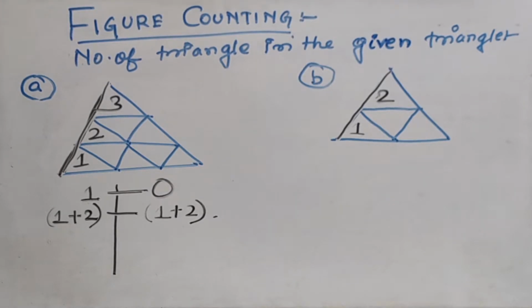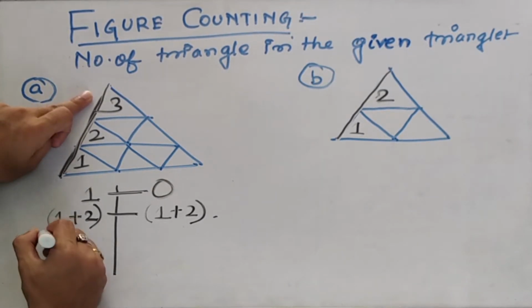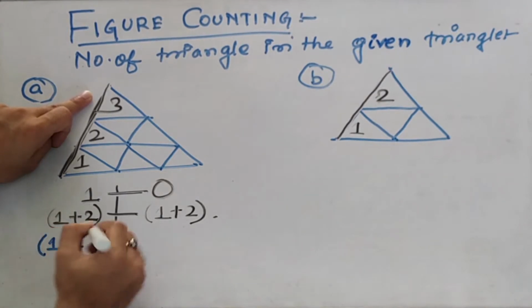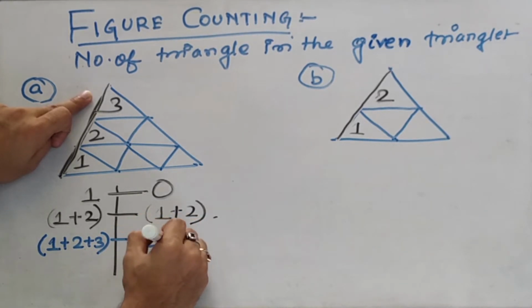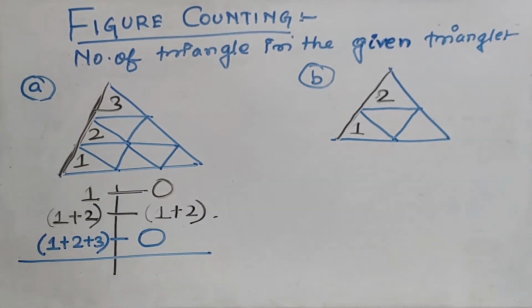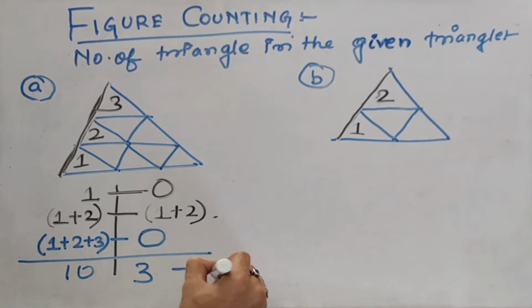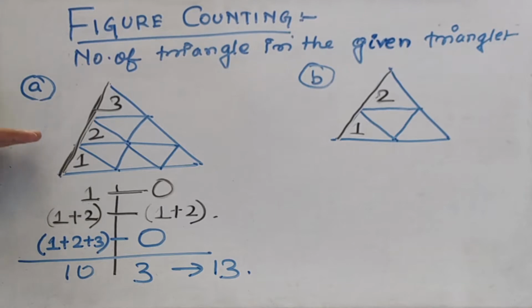Okay, and for the next stage will be 3, which is the odd stage. You have to write 1 plus 2 plus 3, and on the right hand side you have to write 0 over here, and calculate the total number of it. For the left hand side it will be nothing but 10, and for the right hand side it will be 3. So total 13 number of triangles are present in the figure, or total 30 number of triangles are present in this given figure. Okay, so